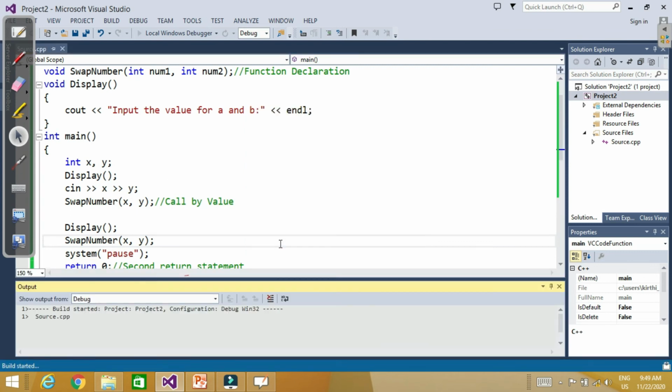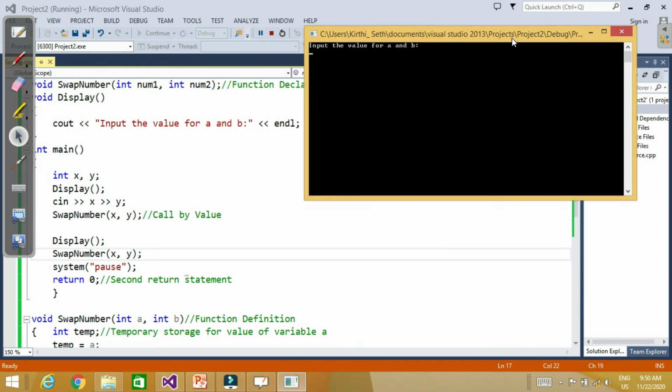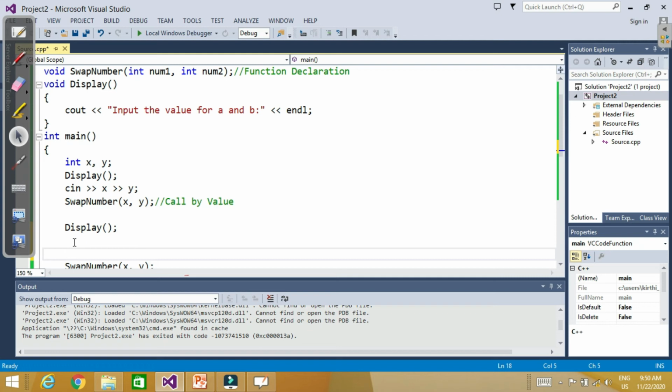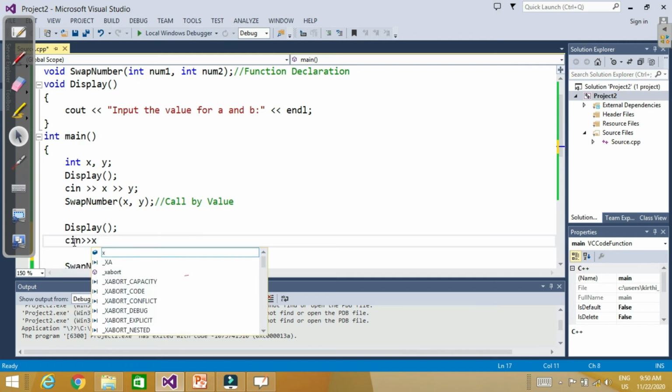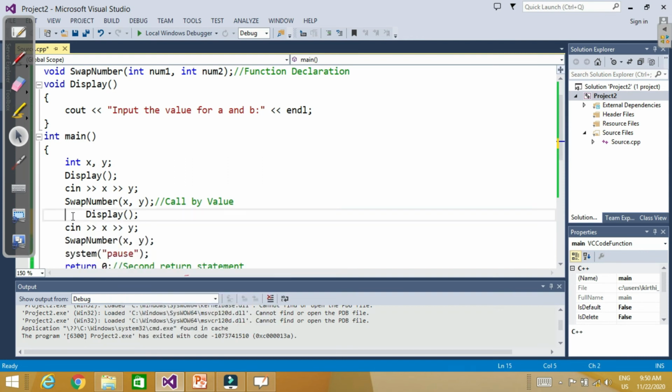Just a minute, I forgot to put input for these numbers, cin in x and y. So now you can call any number of times. You can write any number of functions.